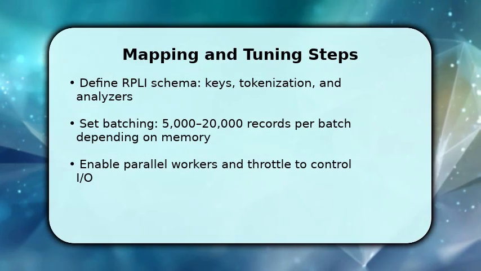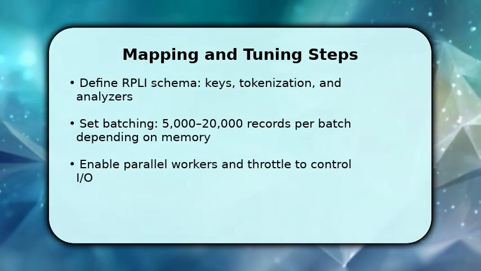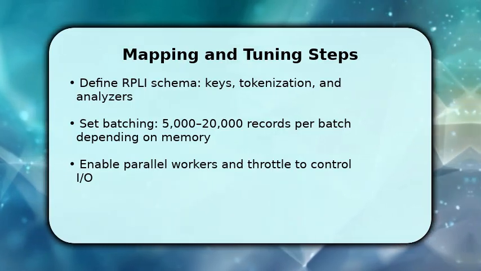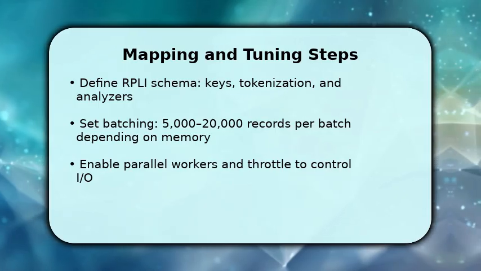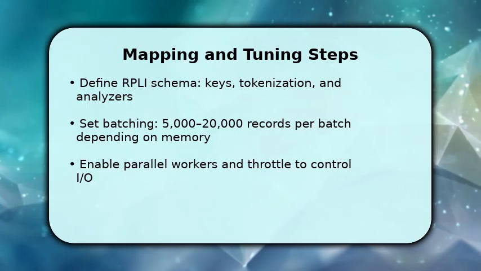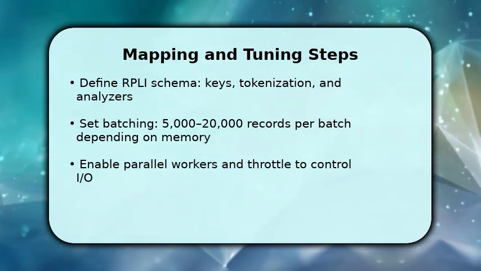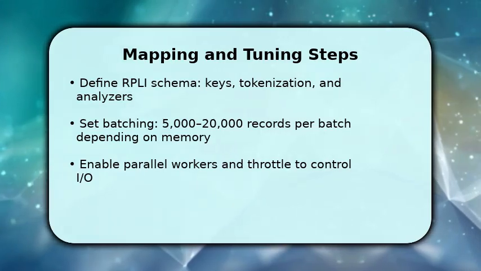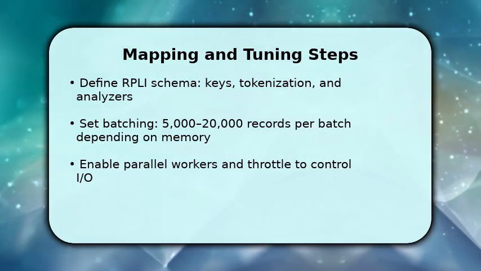You now map fields to Rpli types because correct tokenization and analyzers determine recall and precision. Once mappings are set, tune batching. Choose 5,000 to 20,000 records per batch based on available memory. Smaller batches reduce spikes. Next, enable parallel workers to speed throughput but throttle them so disk and network I/O stay